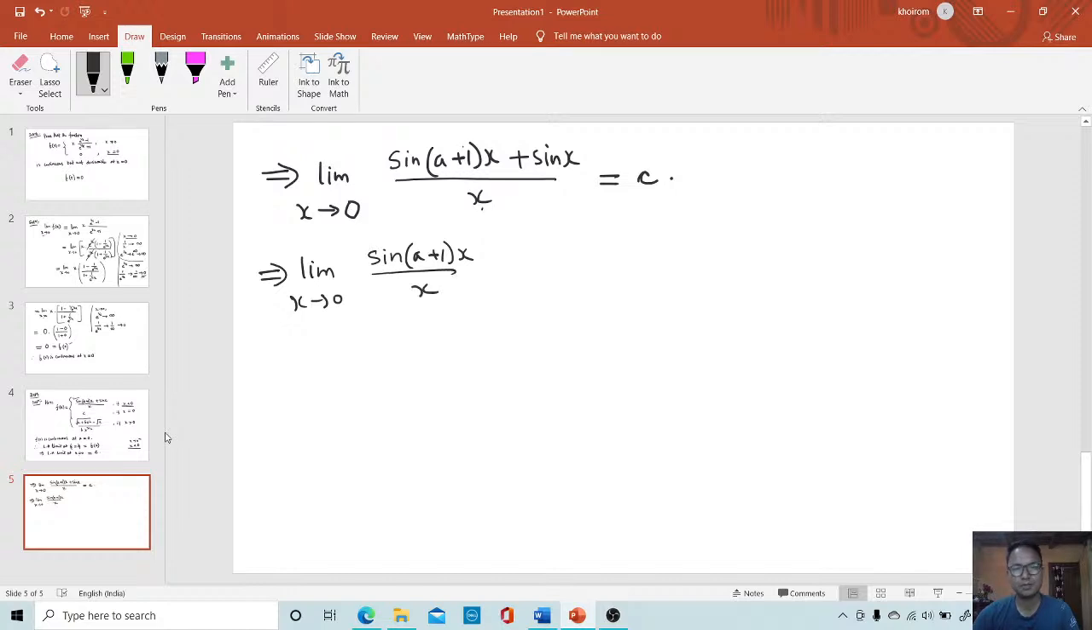First term, limit x tends to 0; second term, what value will it give, what will be the value of c. Now we will use the definition here. Use some property, the property we know, limit